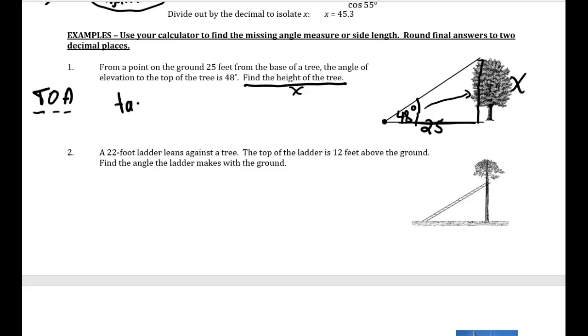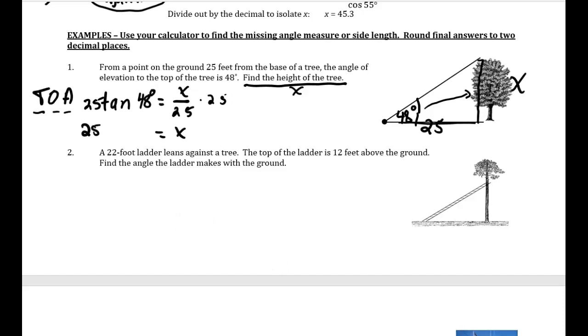So we're going to set up tangent of our angle. That would equal the opposite over the adjacent. So for us, in this particular problem, we now actually plug some stuff in here. We would do the tangent of our angle, the angle being 48 degrees, is equal to the opposite side, which is x, and the adjacent side, which is 25. Multiply both sides by 25,